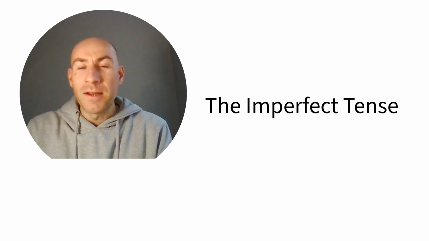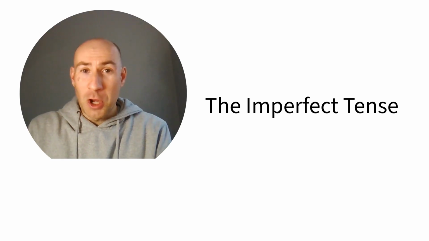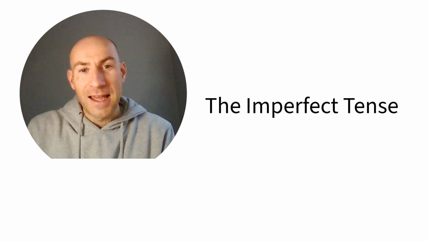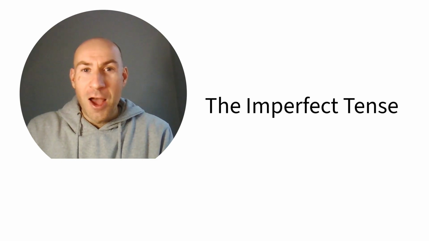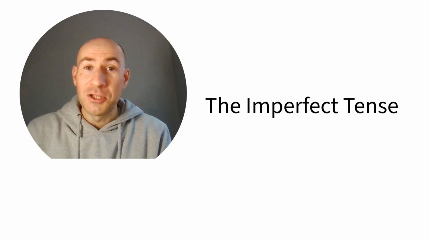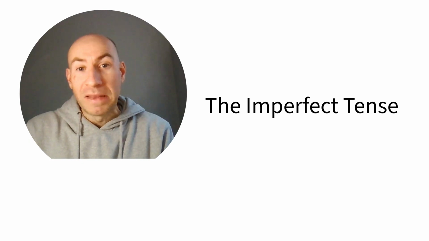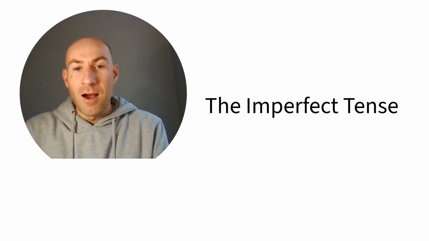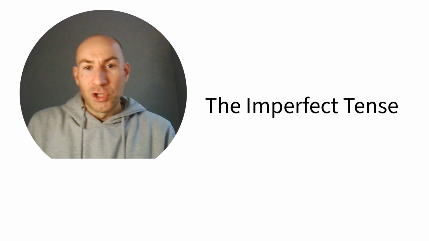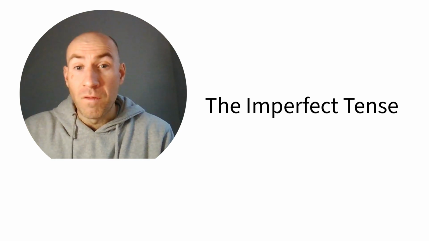Welcome to another video, and in fact a brand new unit. In this video we shall be looking at the imperfect tense in Latin. In the last unit I produced a number of videos going through the perfect tense. The perfect tense is used to refer to an action completed in the past. I went to the forum, we drank the wine, she ate the food. It happened and then it's over.